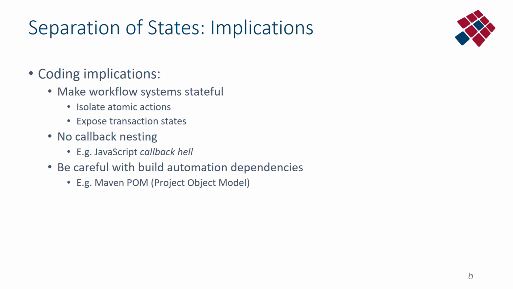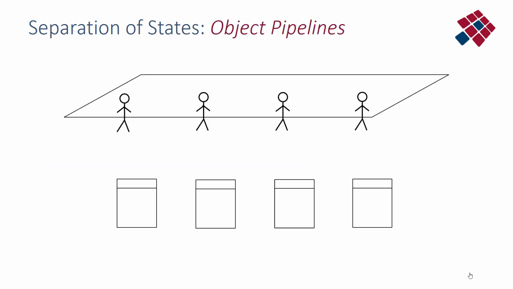And one of the coding implications is that we should make workflow systems stable, isolate actions, and expose transaction states. Also be careful with automation dependencies like Maven project object models, where you can drag in and drag in and drag in various dependencies in an open way. And so I would here try to give a brief explanation of the dangers from that point of view of